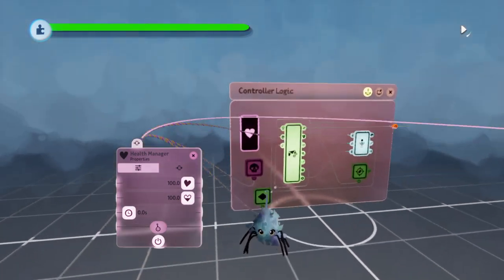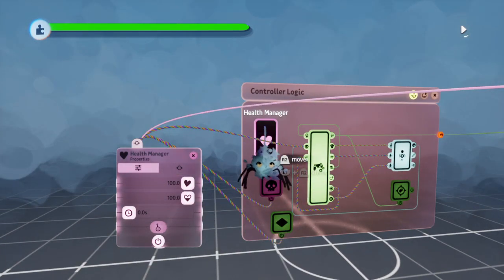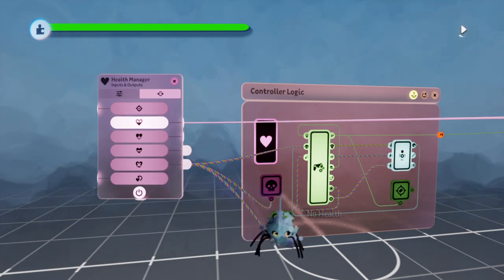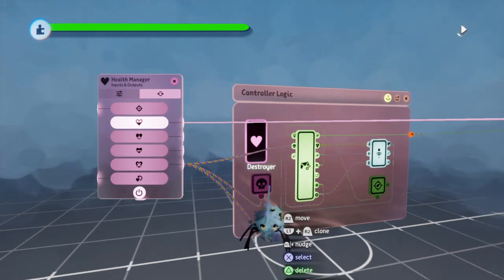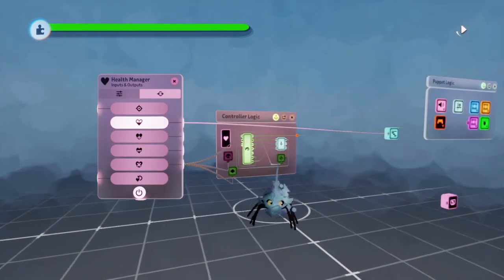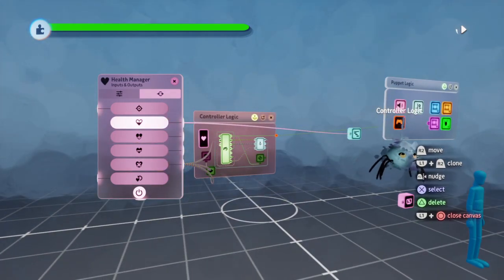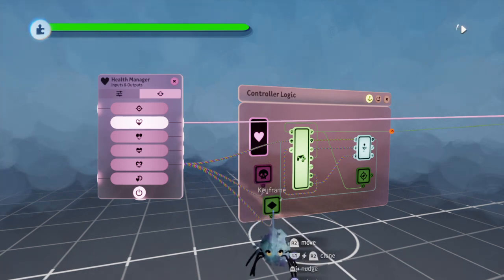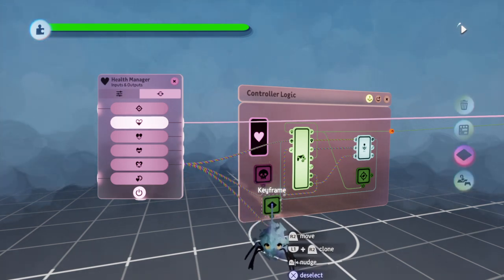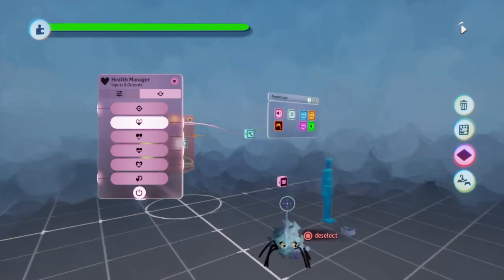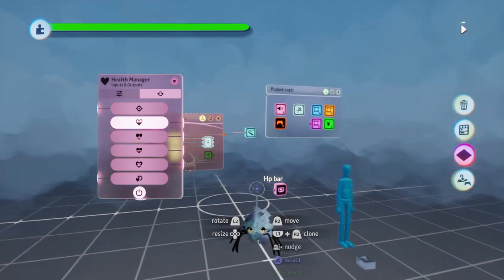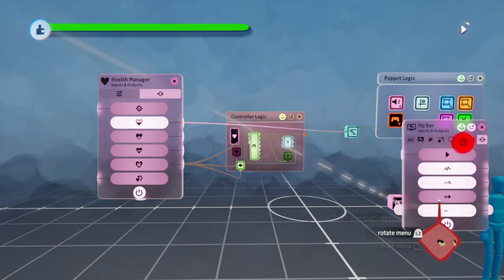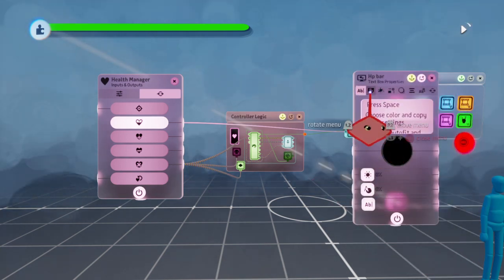Around that time, within your health manager gadget, no more health, pull out a destroyer, make sure it's inside of this puppet microchip where I placed it, which is inside of here. No more health, connect that to a destroyer, and also pull out a keyframe. That keyframe, while it's recording, so you can press L1 and X on it to get it to start recording. This keyframe is